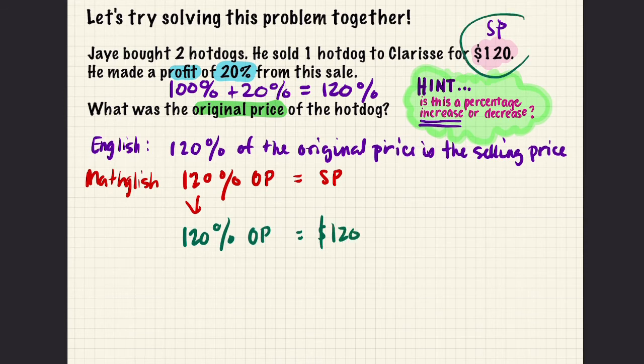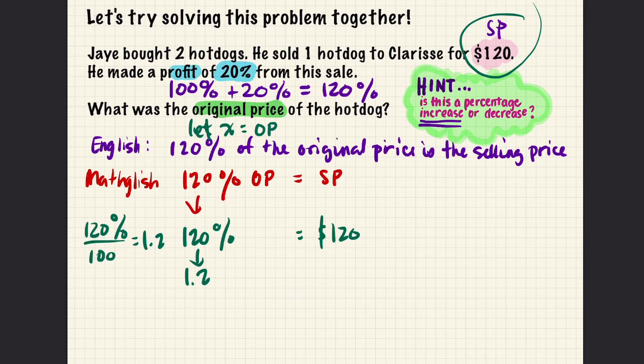Now, we cannot multiply, divide with a percentage. So what do we do? We divide it by 100. So you have 1.2. So this now becomes 1.2 times, oh, I forgot. Let X equal OP. Sorry, this should be X. Okay, times X equals